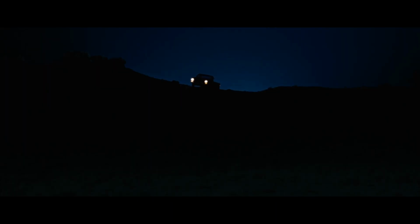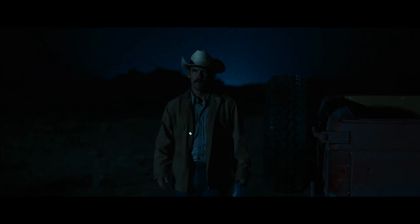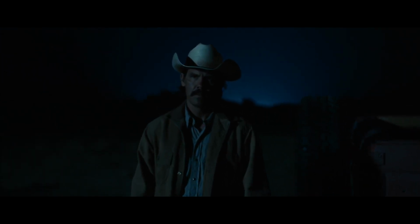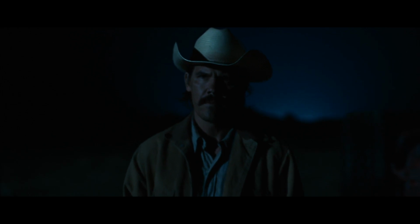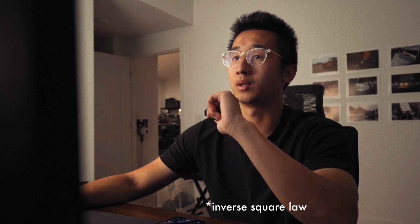This is a scene from No Country for Old Men shot by Roger Deakins. So the challenge here is lighting such a big area at night. Not only do you have to light the actors, you also have to light the entire background and the space behind them. So the lights need to be very powerful and very far away because light falls off exponentially with